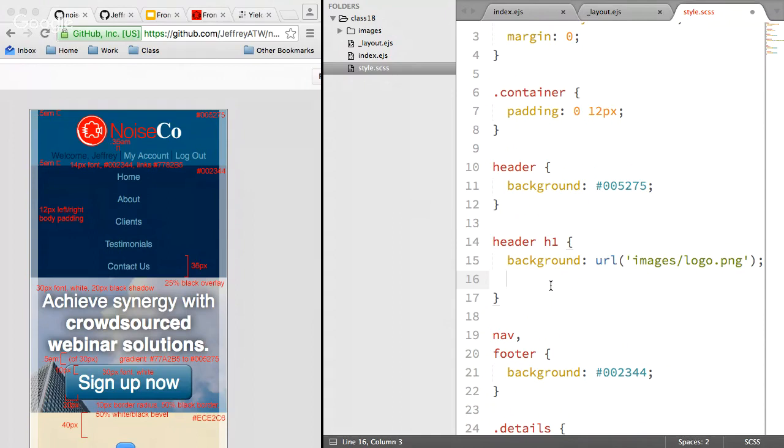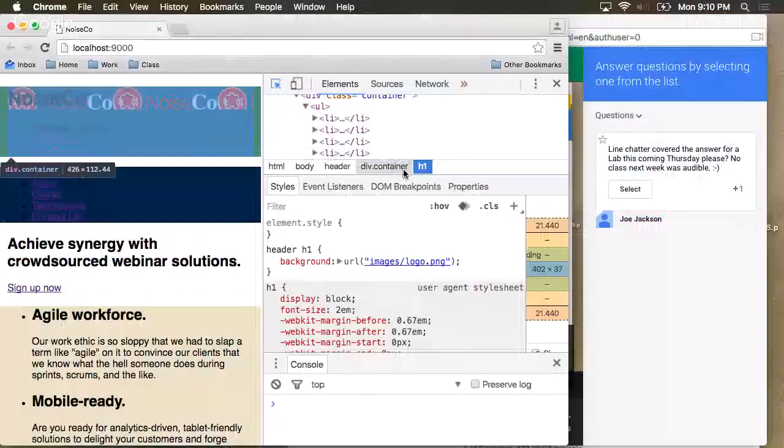But there is a way where you don't have to hard code the height and the width into this heading to get it to be the exact right size. Because let's say, for example, the logo changes. You have to go back to your CSS and change those dimensions again. You probably want to avoid that. In this case, we're not going to avoid it because it's too complicated. So I'm just going to go ahead and